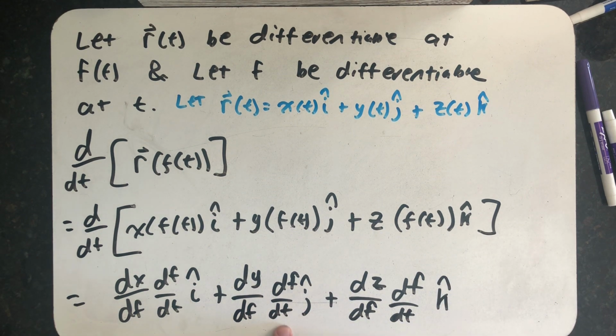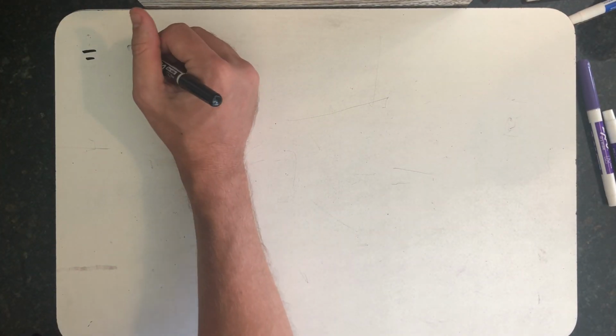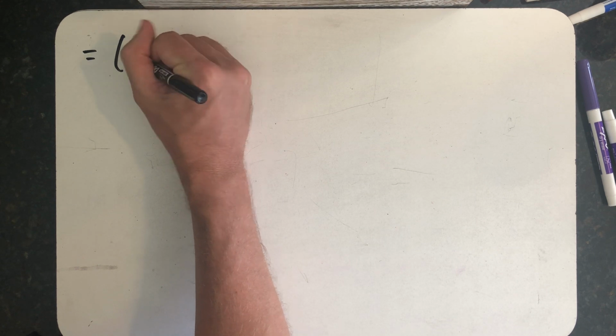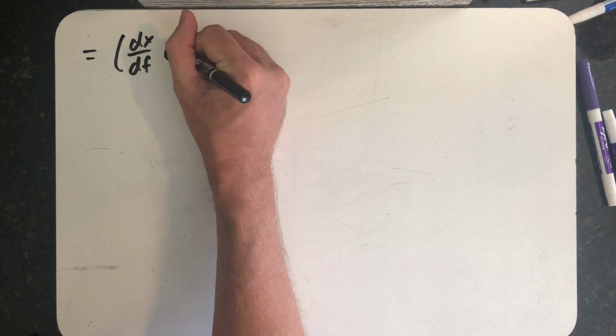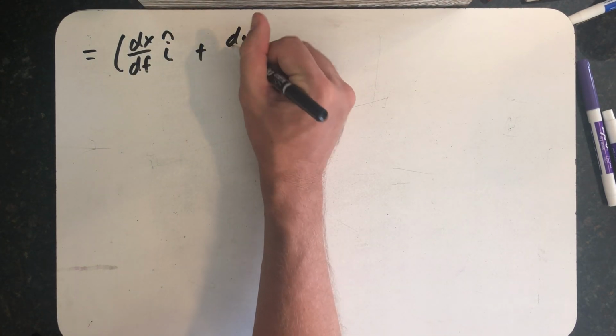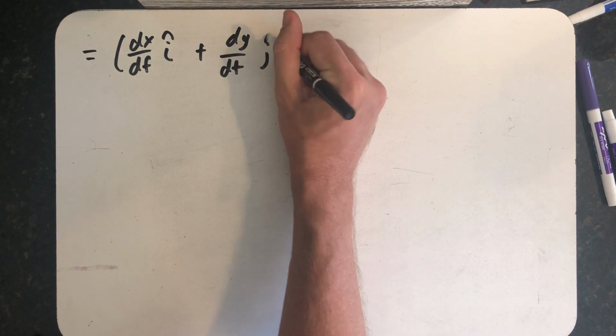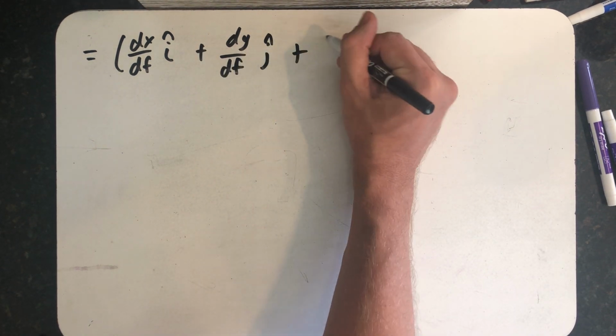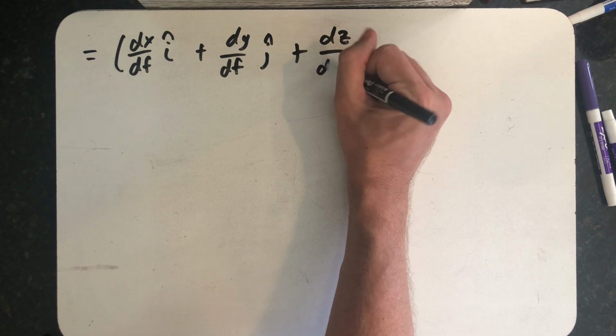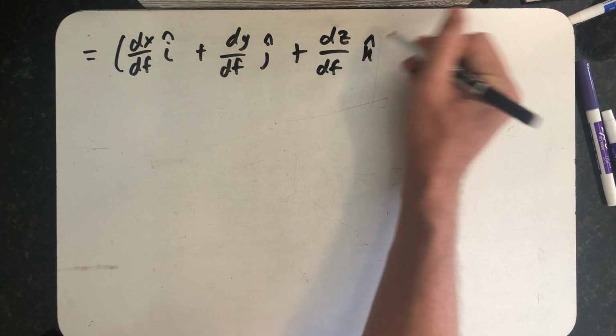Well, all three of these things have a df dt in them, so I can factor that out. And what I'm looking at is then dx df in the i direction plus dy df in the j direction plus dz df in the k direction,